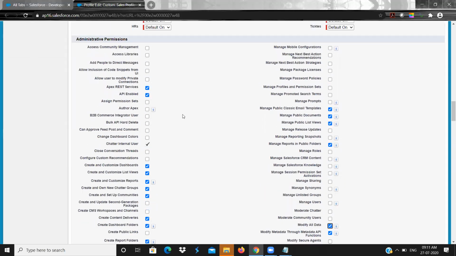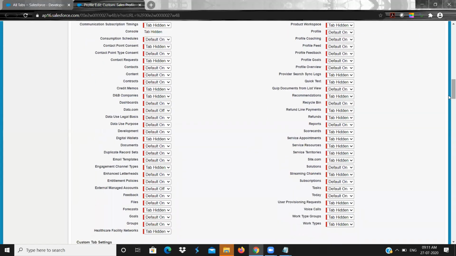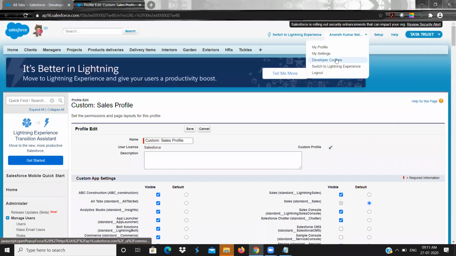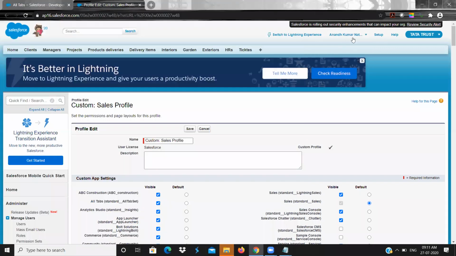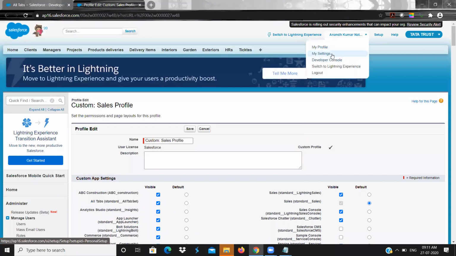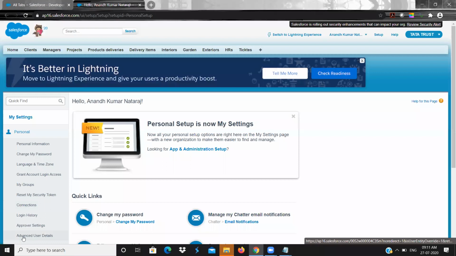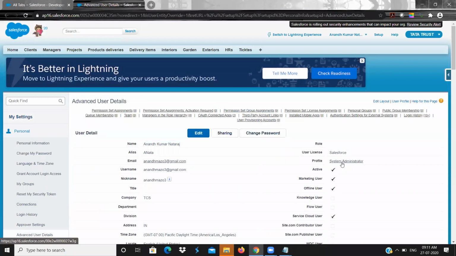Once we are using system administrator, right? So how to check your profile: go to my settings, then personal, advanced user details, and you can see the profile that you have is system administrator.